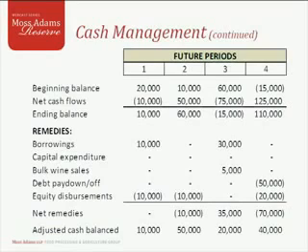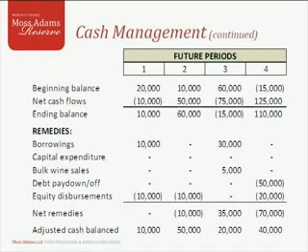Step 3, address shortfalls and the opportunities. Addressing shortfalls can take on a couple of different forms, and in this approach we refer to them as remedies. Examples of remedies include additional borrowings, maybe sale of bulk wine, or potentially additional cash flow through contributions from owners. In periods of cash surplus, opportunities might include capital expenditures, early pay down of debt, or equity disbursements.